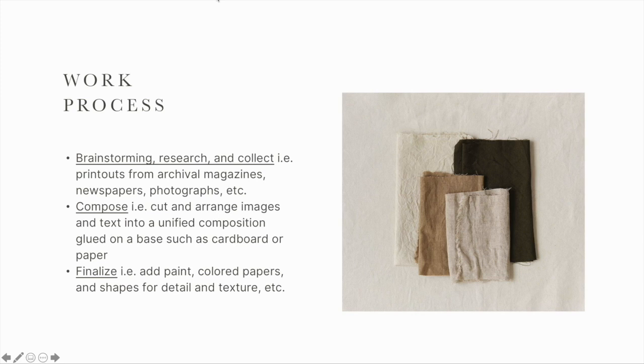You can finalize to bring the image together using acrylic paint, which can eliminate aspects of the qualities of the materials I'm using by applying a surface that almost erases them. So you can use colored papers, you can add shapes and things, you can add any kind of detail and texture that makes your collage more interesting and visually appealing, visually engaging, if you will. Again, it doesn't have to be beautiful. The point here is not just creating beauty. The point, again, is to make something visually engaging that allows us to communicate and think and talk about